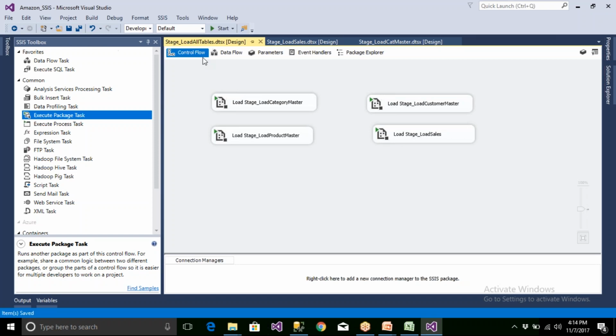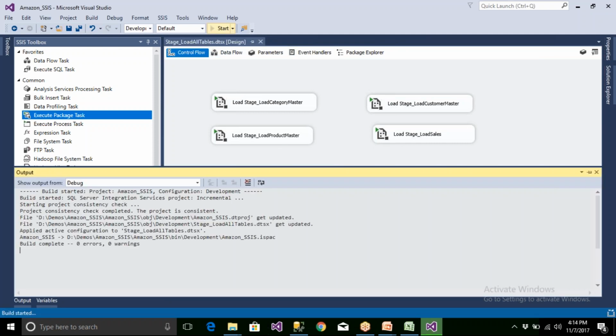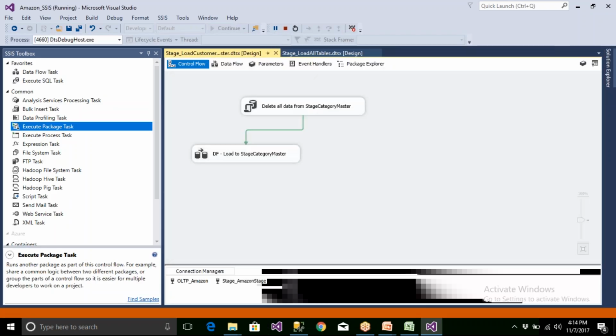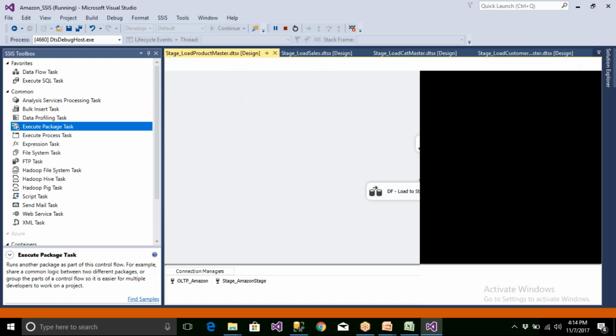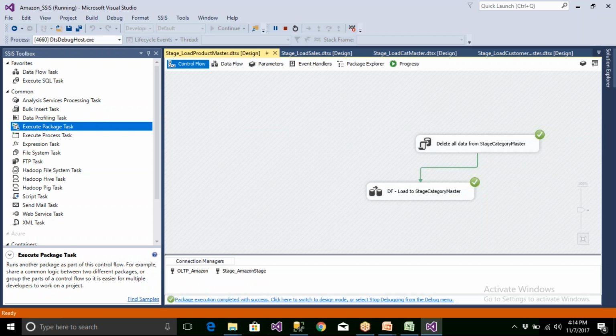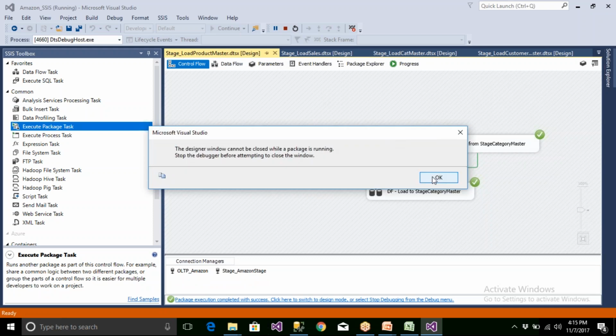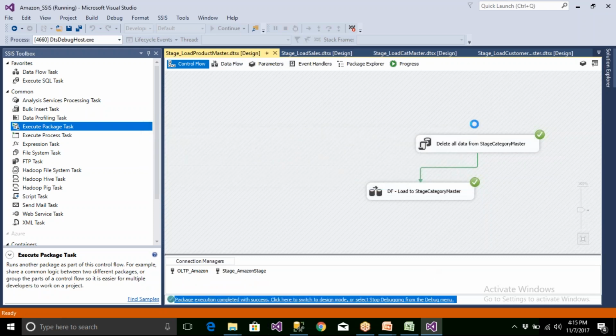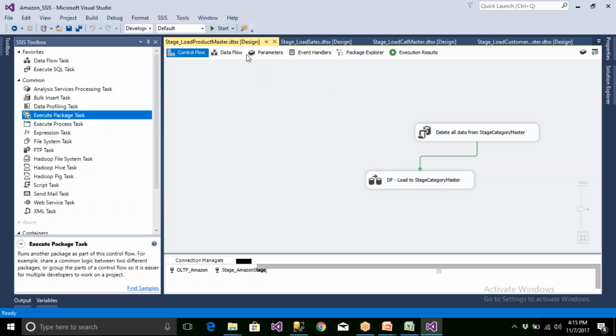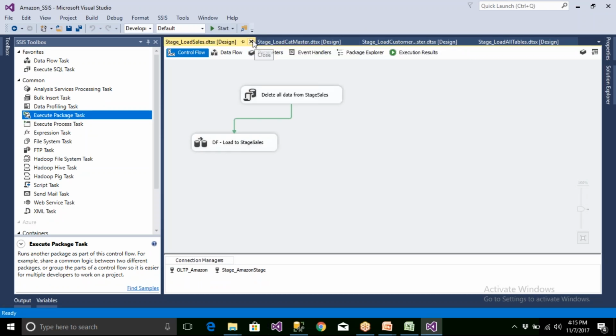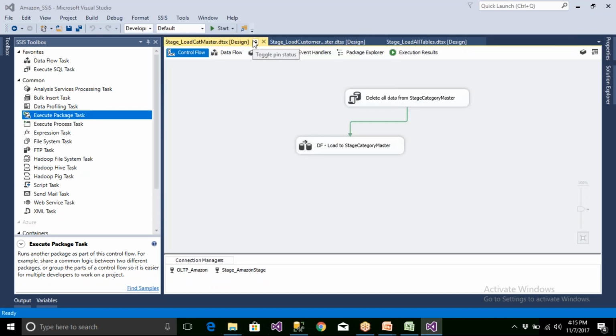So this I have done. Now let me close everything here, and I only run this package. Okay, so now four things are going to be executing. So all the four things are being executed. Now when you go one by one, you have to stop debugging. Come here, stop debugging.